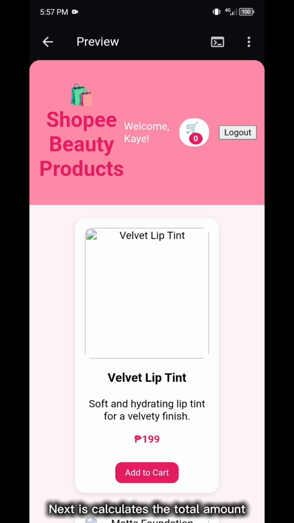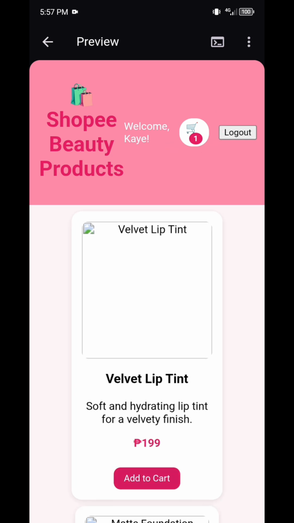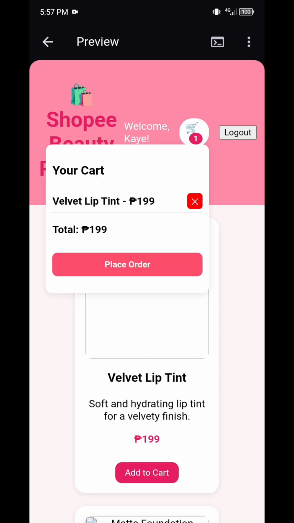Next, it calculates the total amount shown beside the cart icon at the top. Users can also remove items individually using the X button beside each product in the cart.